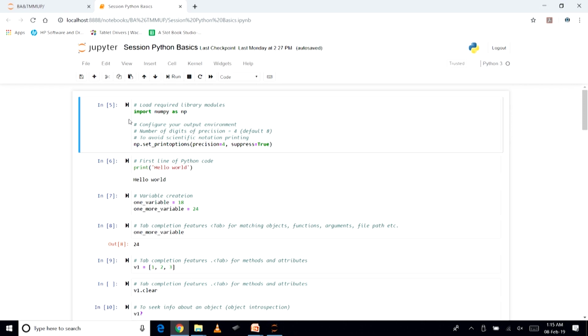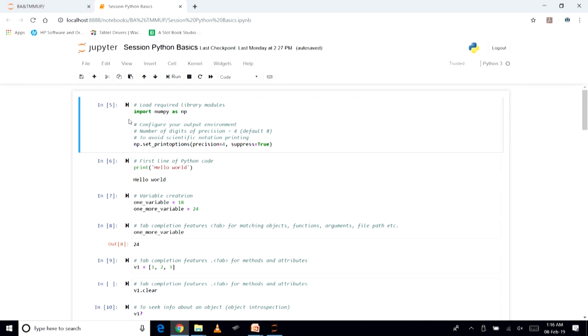As you can see in the first line, we talked about NumPy and how it can be loaded: import numpy as np. Here np just indicates that we can load any library module with a different, shorter name, whereas the original name is numpy.